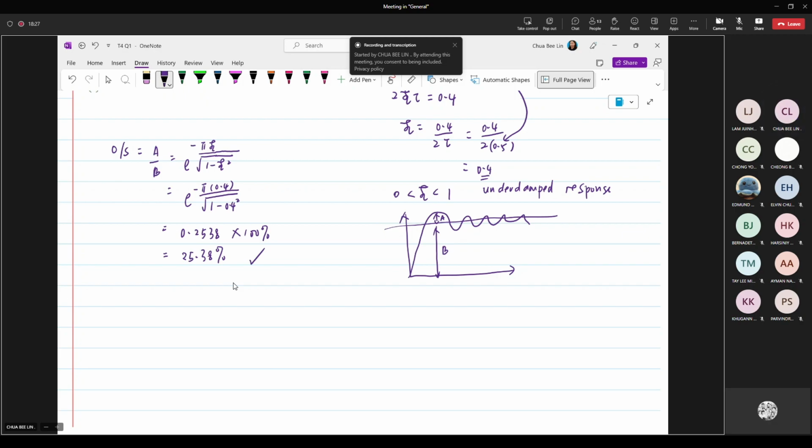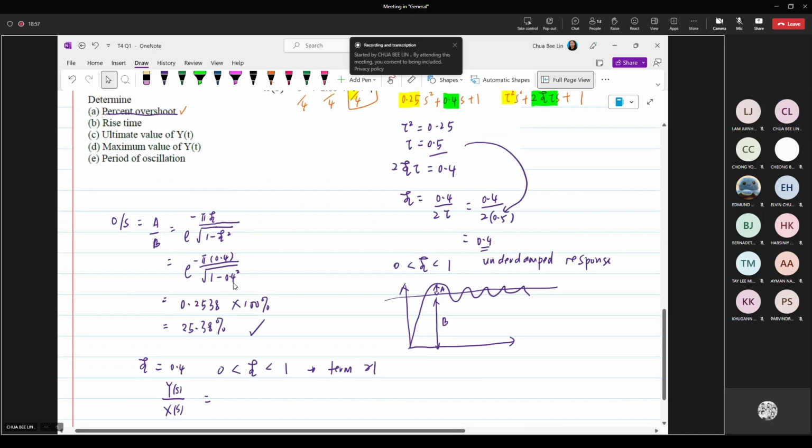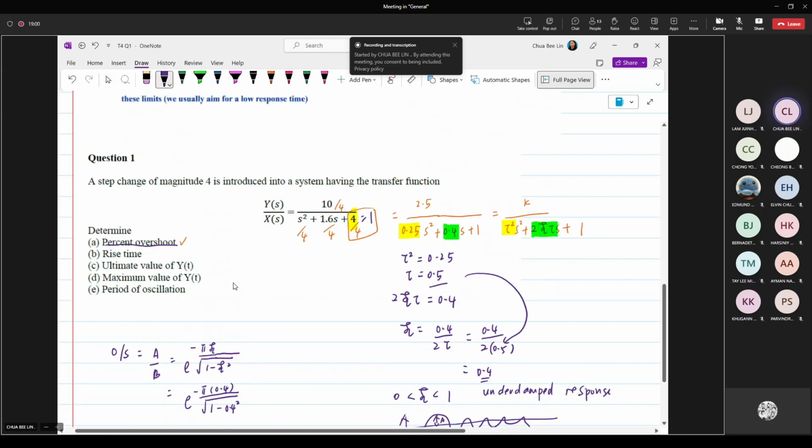Because damping factor equals 0.4, which is within 0 to 1, this one you can use term 21. So you'll be having your Y(s) over the X(s) equivalent to the question given, where you already changed to the final term equals to 1. So just now you have this. Okay, so you will copy this,